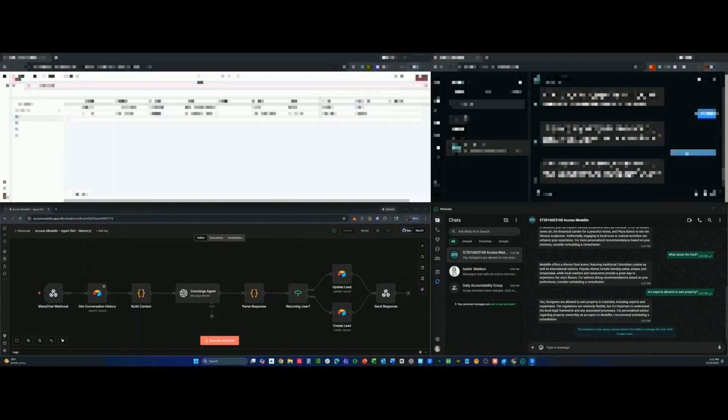Okay, this is the automation for Access Metagene. I wanted to show you the 4 quadrants on my screen. Top left quadrant, Airtable, that stores all inbound traffic. You could see there's one from Instagram and one from WhatsApp. On the right side is my Instagram chat. Bottom right hand is my WhatsApp chat. And left bottom is the actual workflow that is now published in your